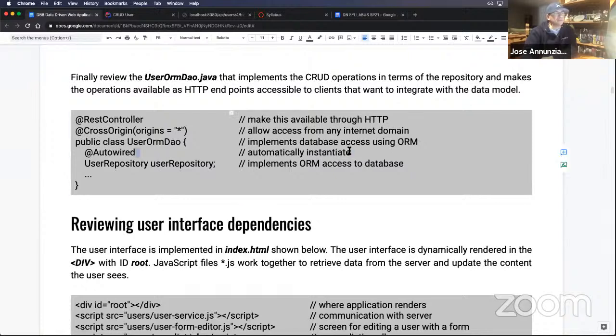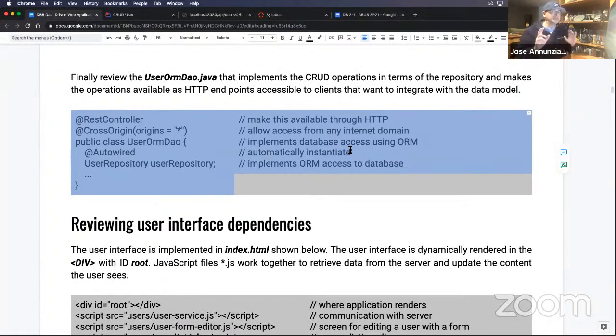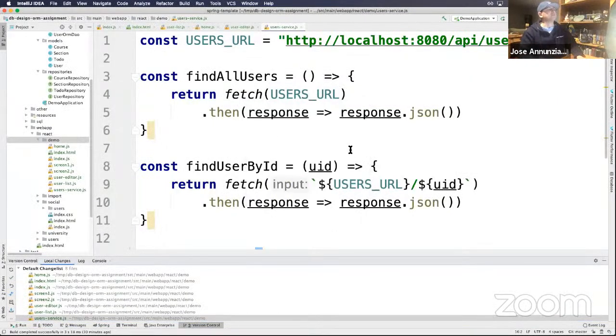We also give you the beginnings, actually no, an entire DAO, right, an ORM DAO that interacts with the database, right? That allows you to create, read, update, delete users in the database, right? Now the implementation is slightly different than DB7, right? DB7, now let me show you. In DB7, the implementation of the ORM